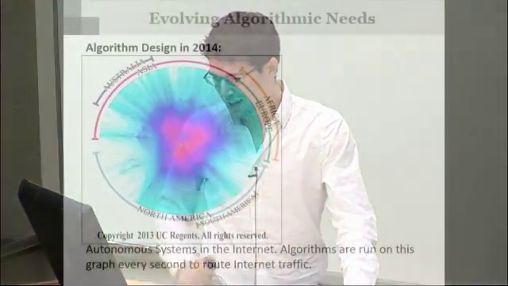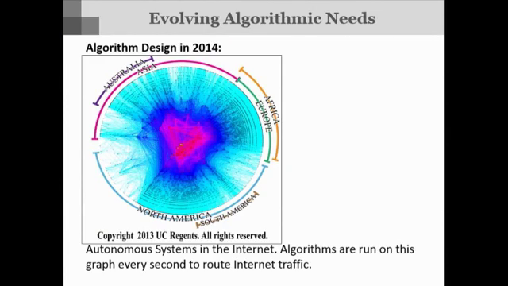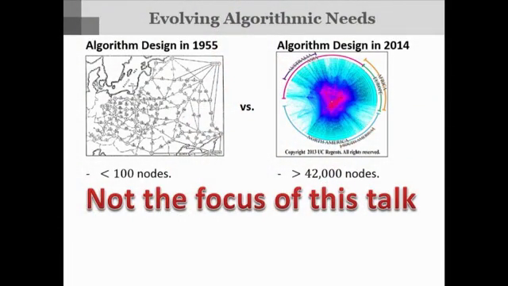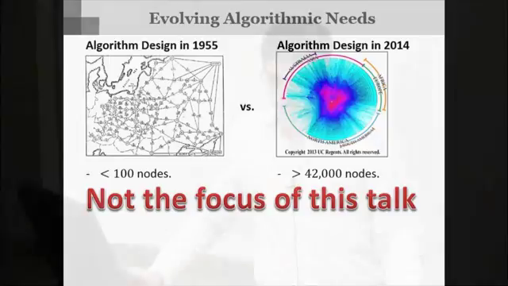Now if we fast forward to 2014, this is a graph of what autonomous systems in the internet look like. Algorithms are run on this graph every second to help route internet traffic. One difference between 60 years ago and today is that the graph on the left has less than 100 nodes and the graph on the right has 42,000 nodes. Obviously our algorithms need to be better and faster, but that's actually not what I'm going to talk